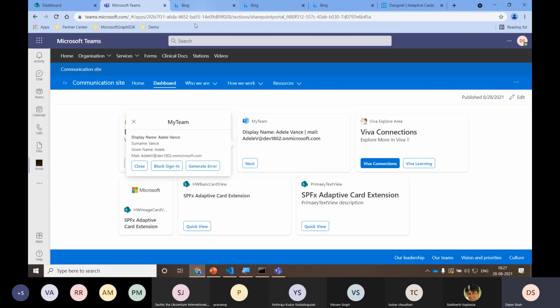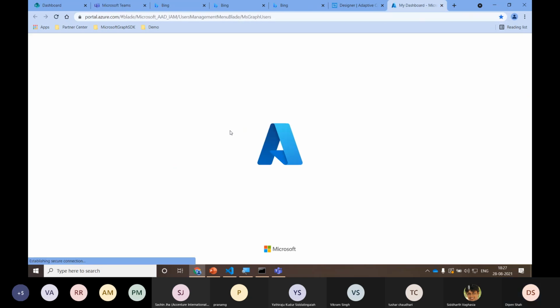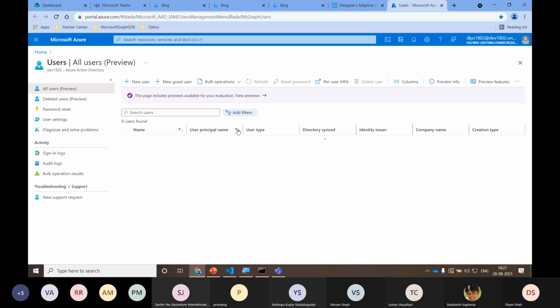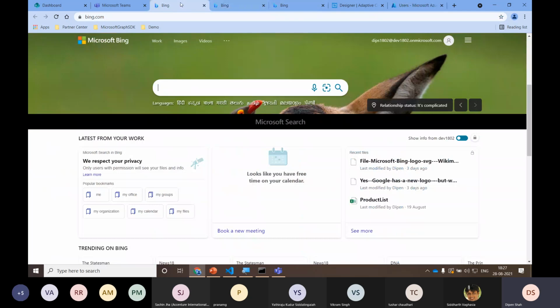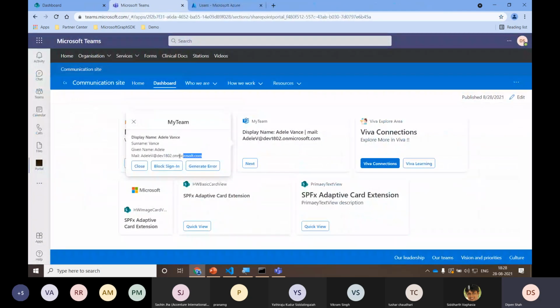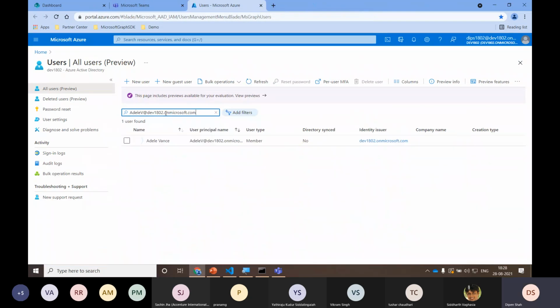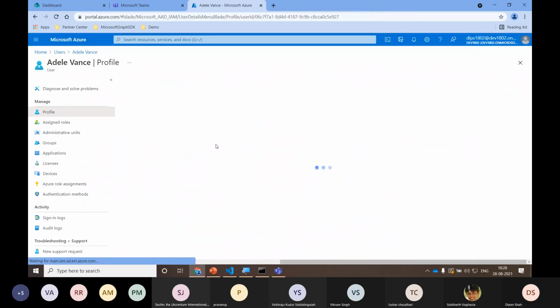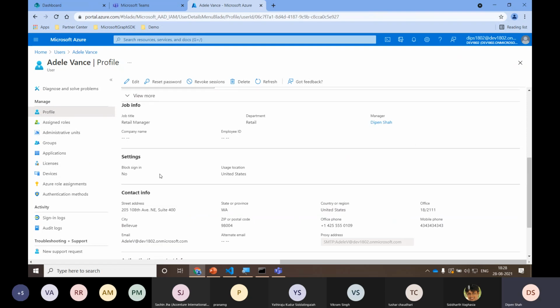Okay, so first of all, let me go to Azure. Currently the block sign-in property is no, so the user can sign in right now.